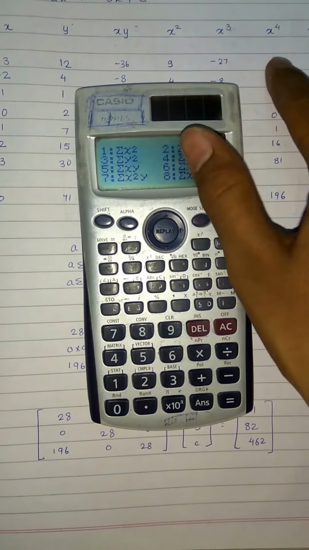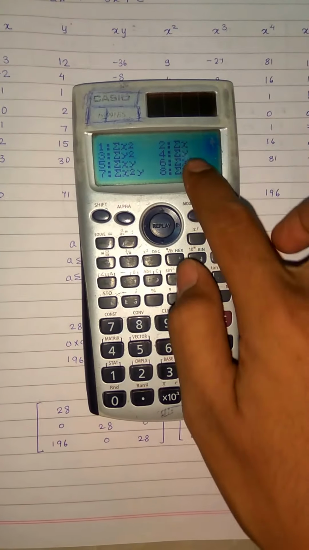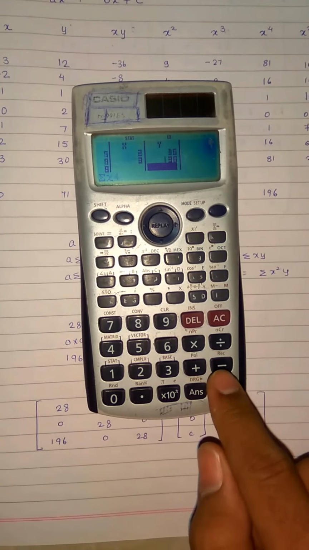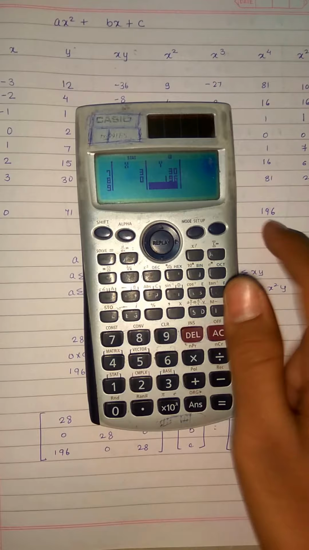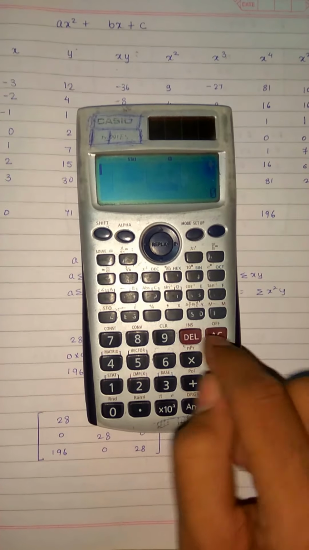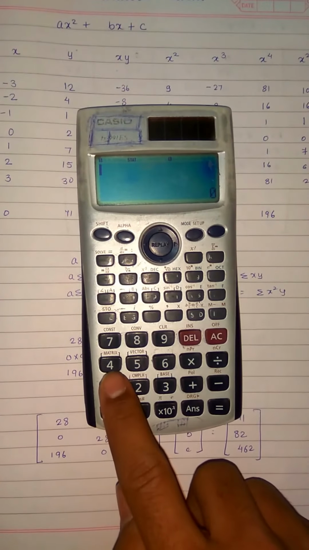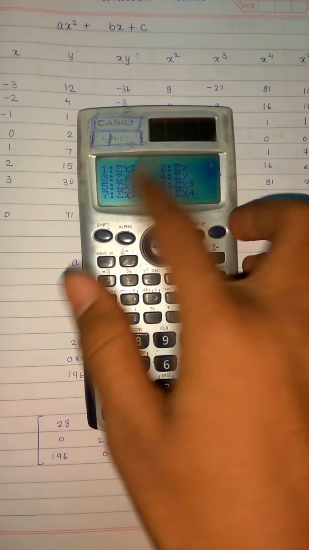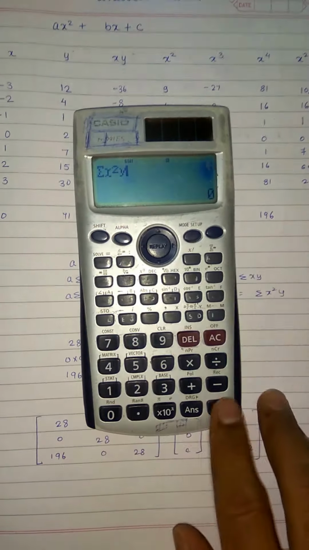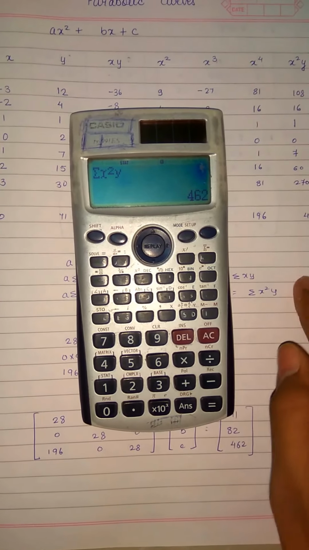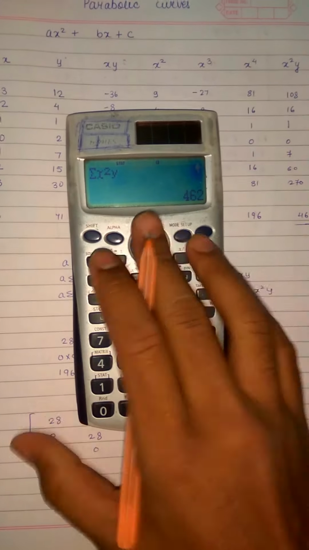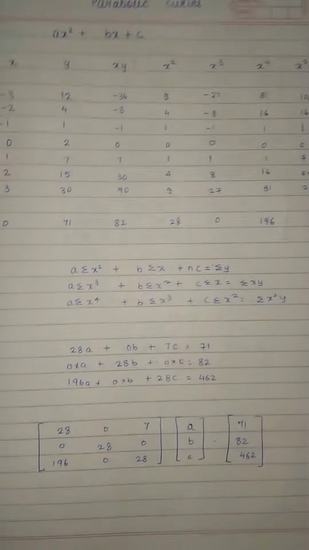Let's try one of these. Let's try x raised to 4. So x raised to 4 is 196. So you can see 196. Not only this, if you press AC, you can again see all the values. So stat 1, you want the sum. You want sum of which number? For example, 7, x square y. Why not? Let's try. So it is 462. So you see, this is a pretty simple and neat trick to calculate all the sums without any hassle and without making any mistake.